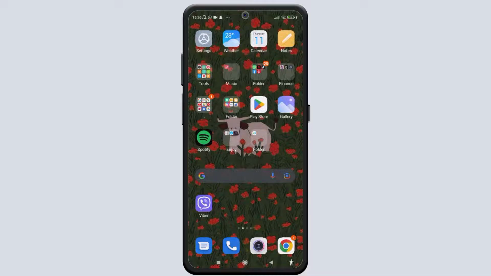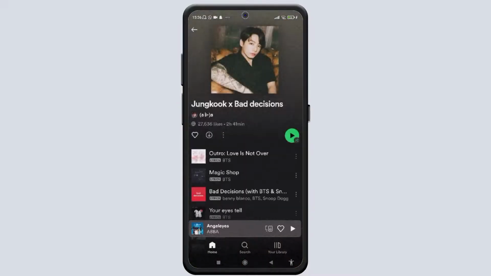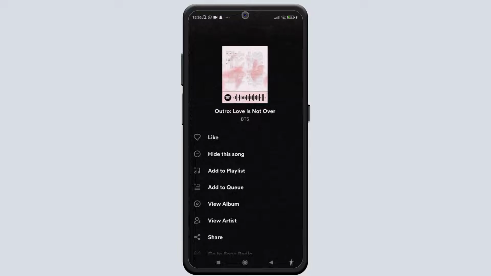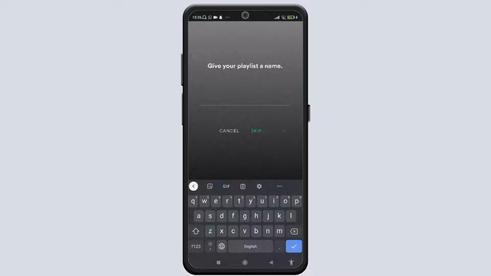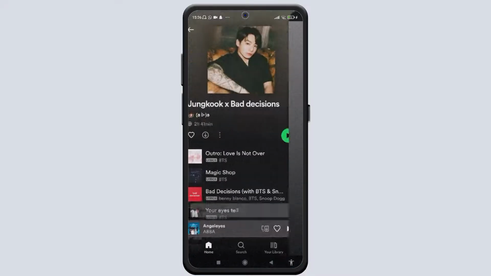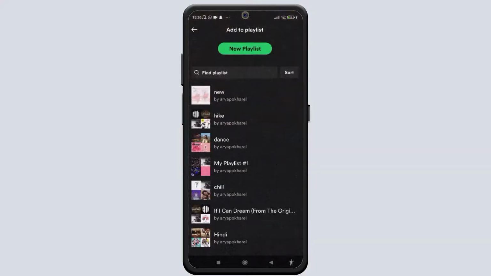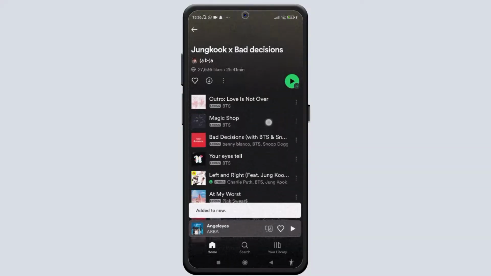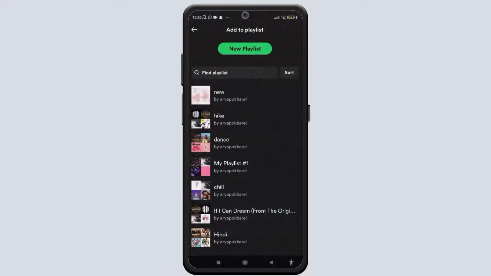Today we're going to show you how you can download music for Spotify offline. Now first of all, go to your Spotify and then select a few songs that you want to put in a playlist. I'll create a new playlist, and then I'll be adding a few new songs. And go ahead and add all the songs that you wish to put in this new playlist that you will